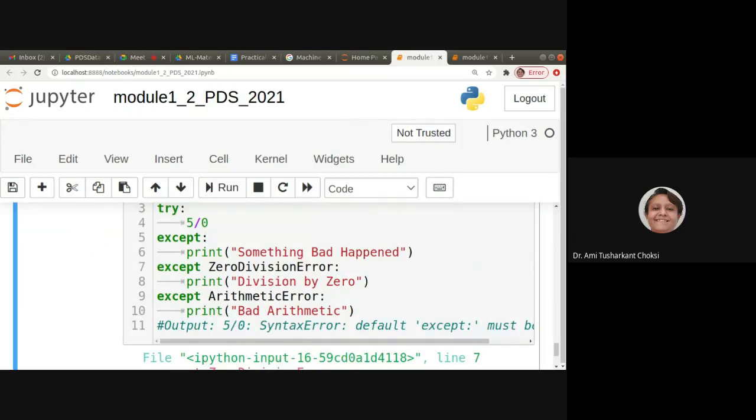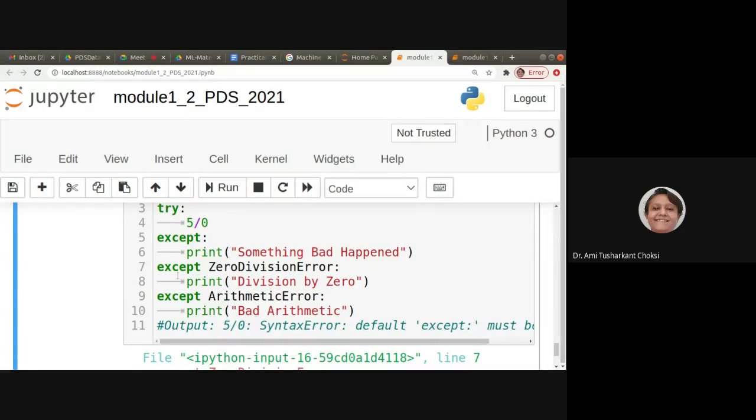If we are having any particular type of exception, that is zero division error or arithmetic error or any such exception, we know that these are the subclasses of our class, that is exception, right? That means if I'm trying to deal with the general exception first, then all the exceptions will be dealt with over there only.